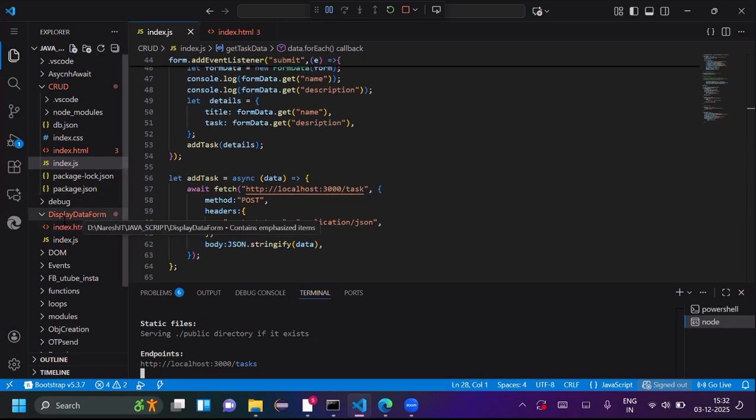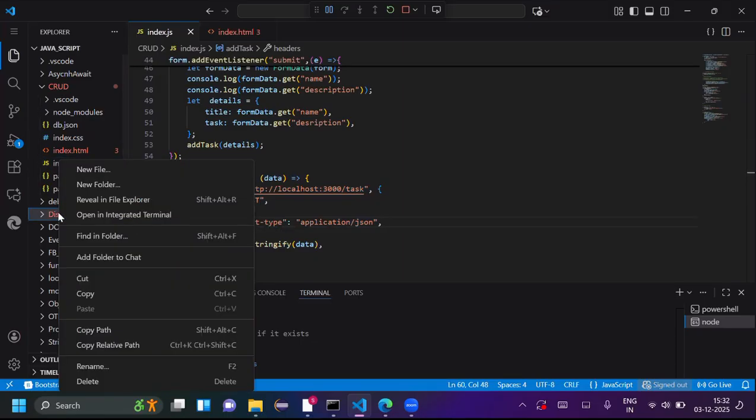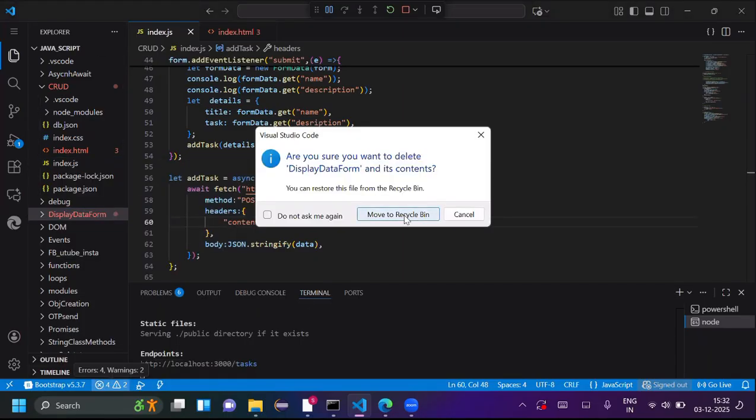ये सेकंड फोल्डर को डिलीट ही कर दो पूरा पहले, इसकी जरूरत ही नहीं है। हाँ ये डिलीट, ये कुछ काम का नहीं है फिलहाल। चलो इसे इंडिया से बाहर।